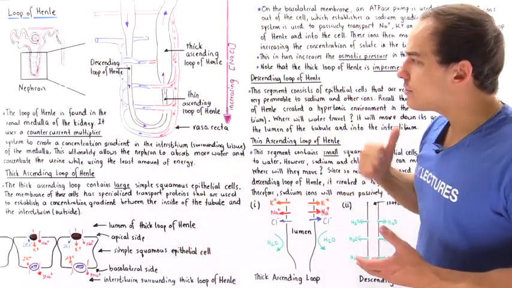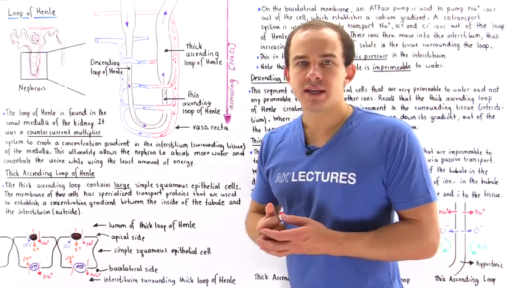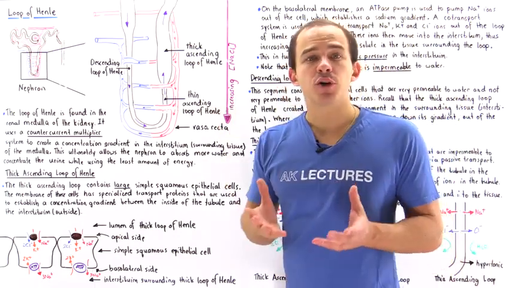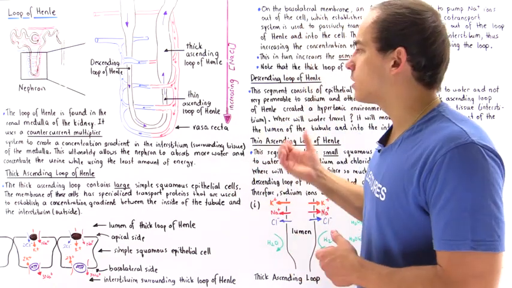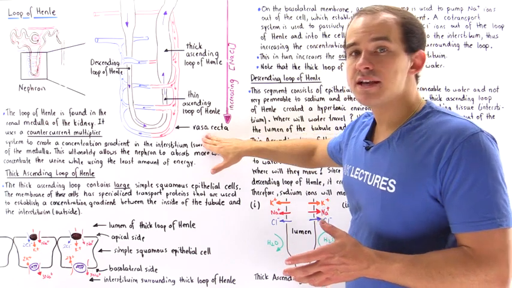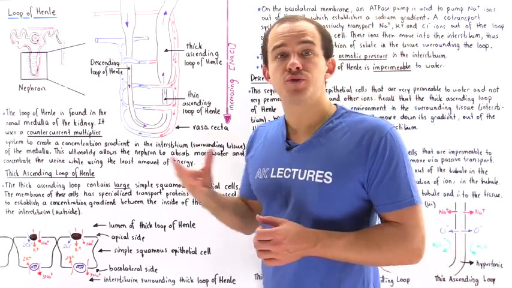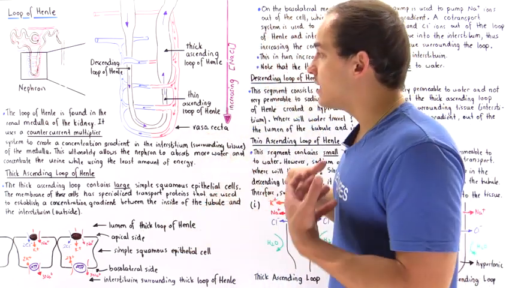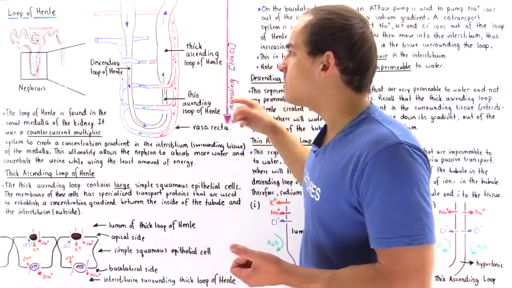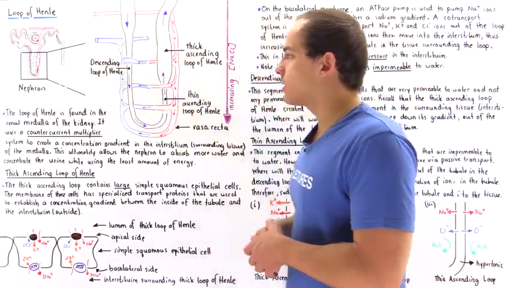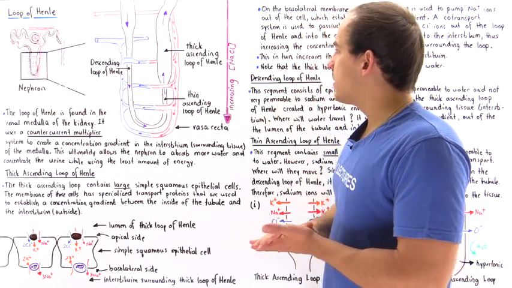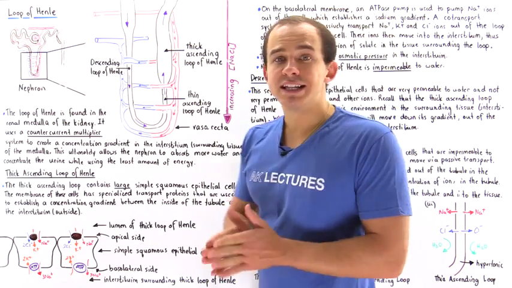Now, the second thing to notice about the loop of Henle is that around the loop of Henle, it contains a network of blood vessels, a network of capillaries known as the vasa recta. And the vasa recta functions to absorb the electrolytes and nutrients that are reabsorbed from the loop of Henle and back into our body. Now, the final thing to notice about the loop of Henle is that we can divide